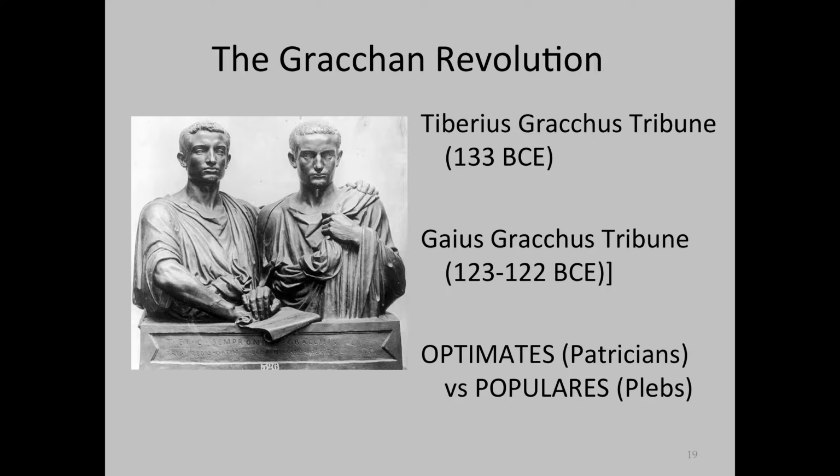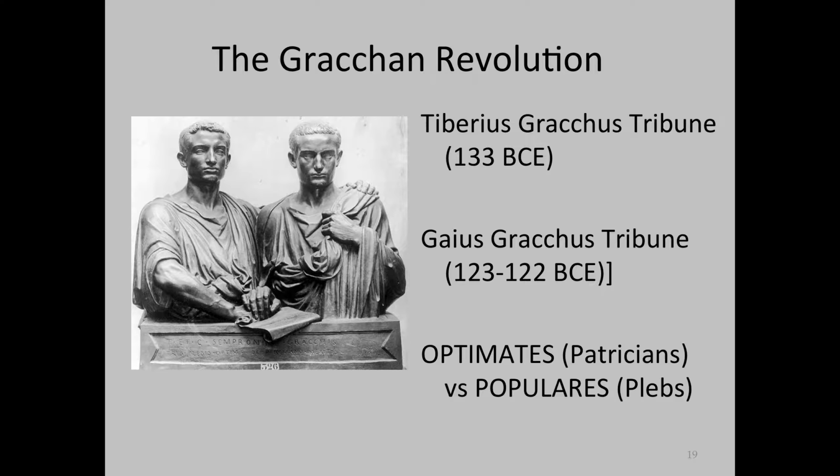Okay, so first it would be Tiberius, who would be elected tribune in 133 BCE, and he had a radical plan to transform the Roman state. Keep in mind that it was perfectly legal in the Roman constitution for patricians to be elected to the office of tribune. Now, I want you to think about what they do. It's not only what they propose, it's how they do it, and how they do it challenges the traditional mode of operation in the Roman system.